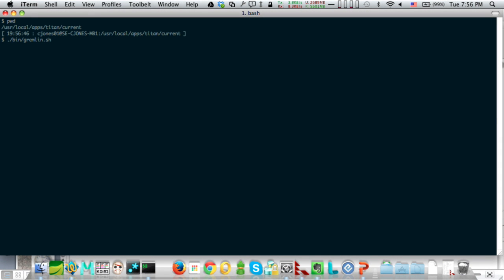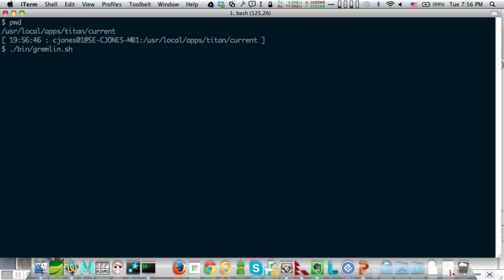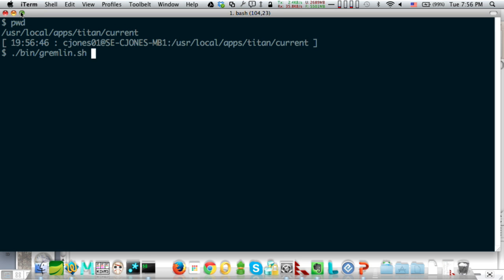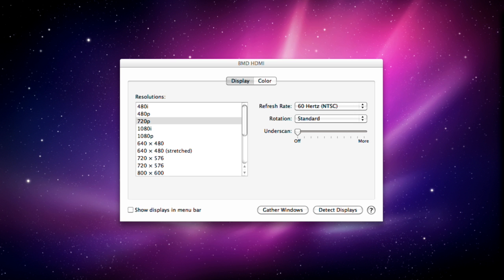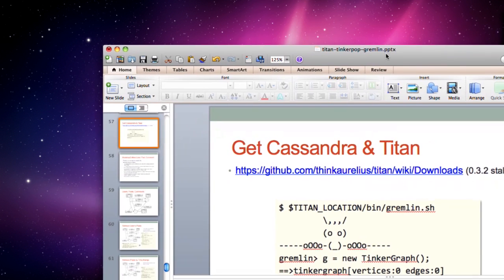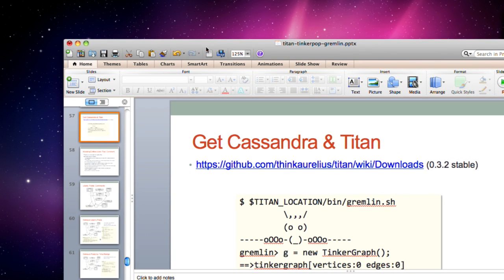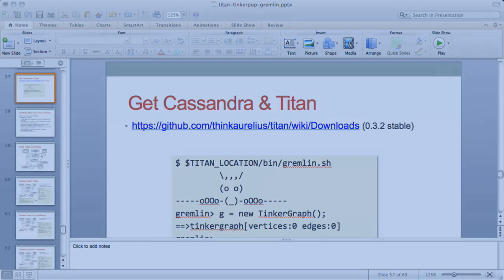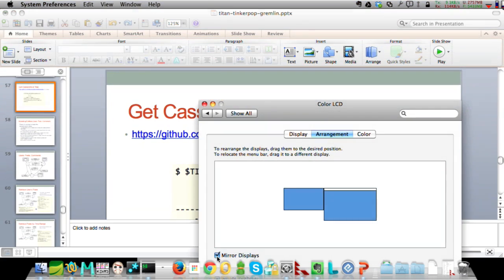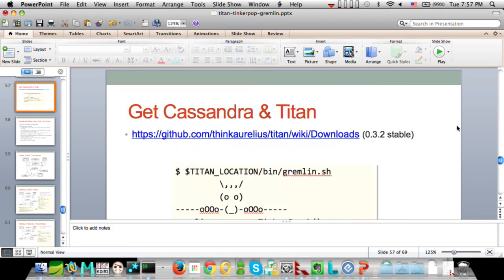Can you up the font size of that a little bit? Yeah, thanks for the reminder. All right, so there's a little ASCII art that they pass back to you. Oh, I need to get out of presentation mode. Sorry about that. Let's just tab back and forth. And let me guess, that killed my mirror displays. Yes, it did. Okay, I think this will work.